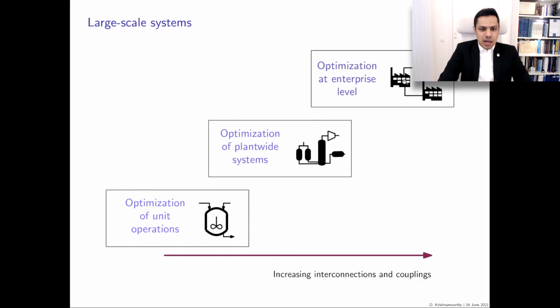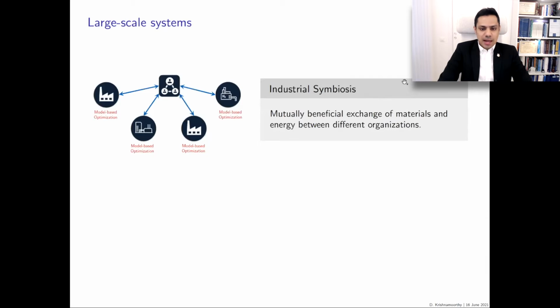For example, in eco-industrial parks and industrial clusters, the different processing and manufacturing companies may share resources in the form of material and energy in a mutually beneficial manner to reduce waste, to increase operational efficiency, and also to meet, say, regulatory requirements. Now, this is commonly referred to as industrial symbiosis, and this is seen as a key